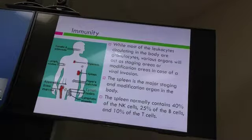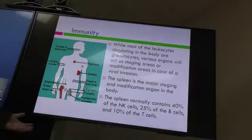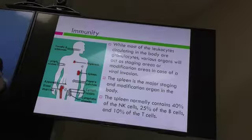The spleen normally contains about 40% of the natural killer cells, and 25% of the B cells, and 10% of the T cells. So the spleen is extremely important. It's a repository. So if there is some kind of a sudden infection wandering around your community, the spleen, of course, is there to fight off the infection. What if you don't have a spleen? What happens next? Well, theoretically, and this has happened to some people, they become immunocompromised if they don't have a spleen. In other cases, like my own, I don't really have a problem with infections for one reason or another,